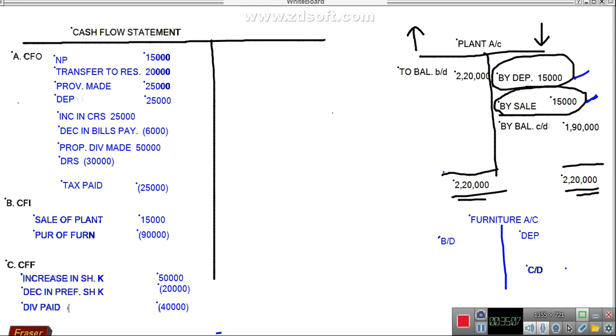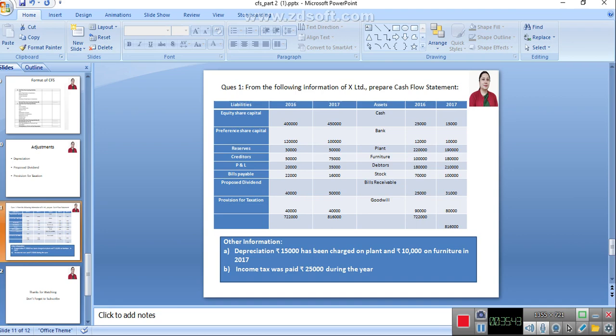then increase in stock, again it is increase in current asset, it will also be subtracted from here, 30,000. Bill receivable is also showing you increase here, so I am writing here, this is bill receivable, it is also showing you increase here by 6,000. So all these three things will be subtracted from here. Because increase in current assets is to be subtracted as per the format itself, as I told you.